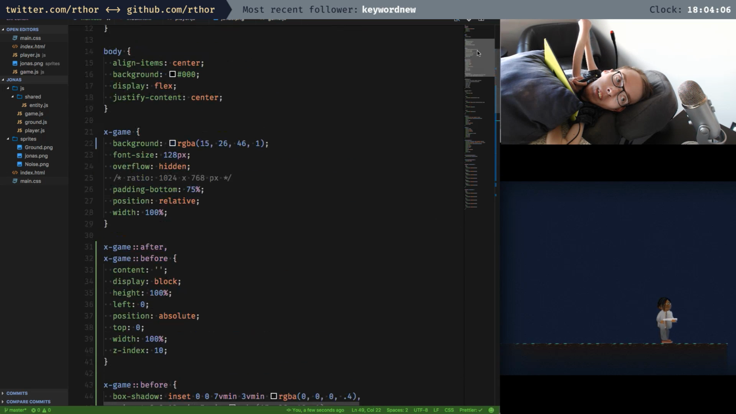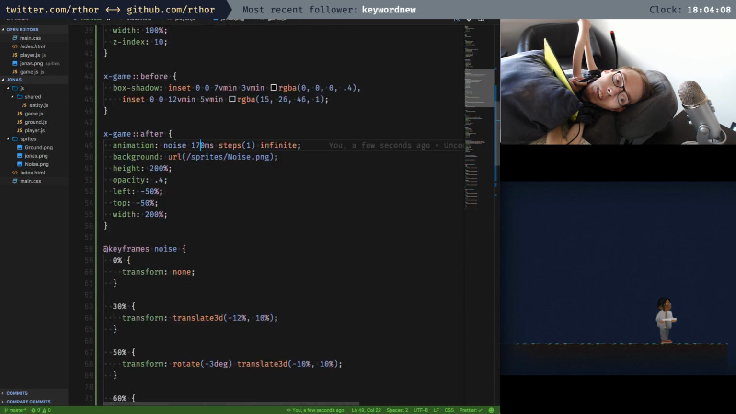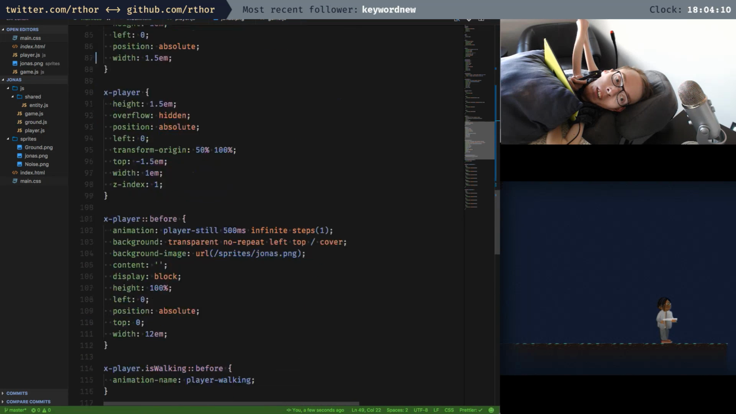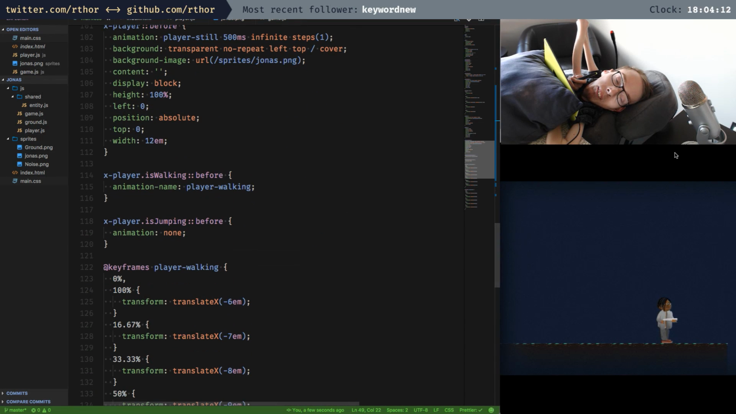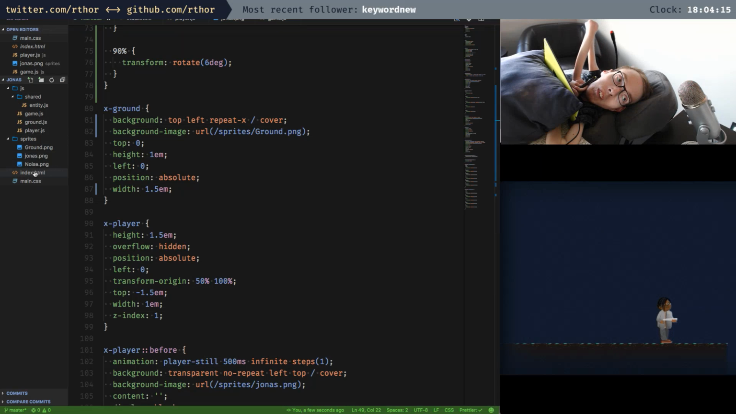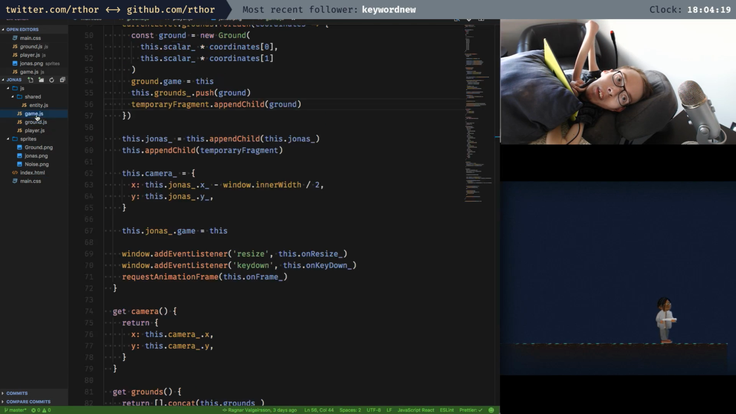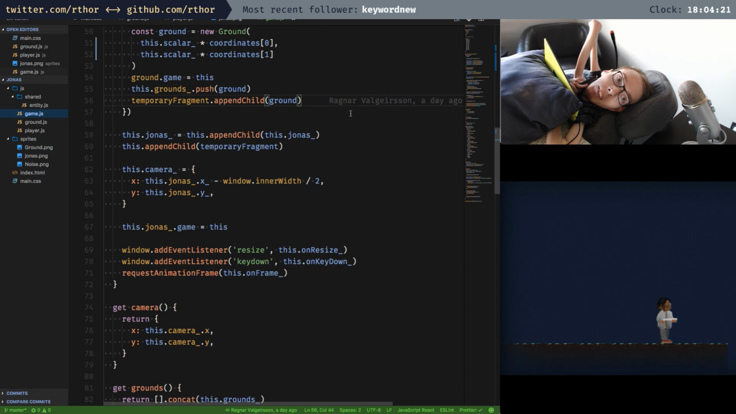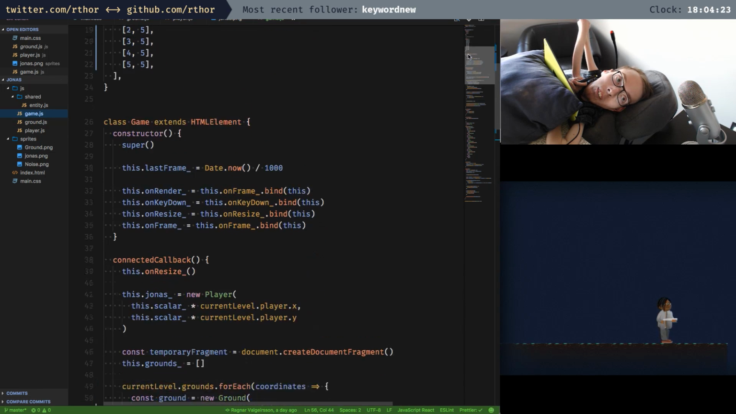So we got the ground. We got everything kind of where I want it. I'm going to do a bit more ground layers, and then I'm going to start on the enemy, and then I'm going to call it a day and go and do